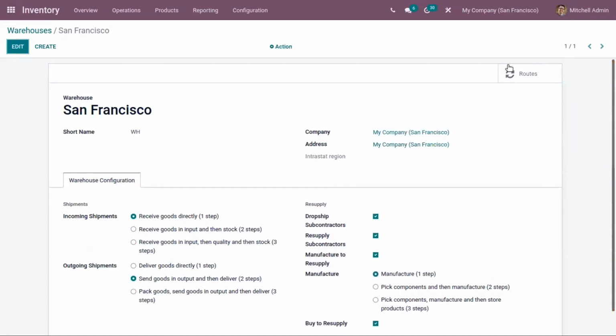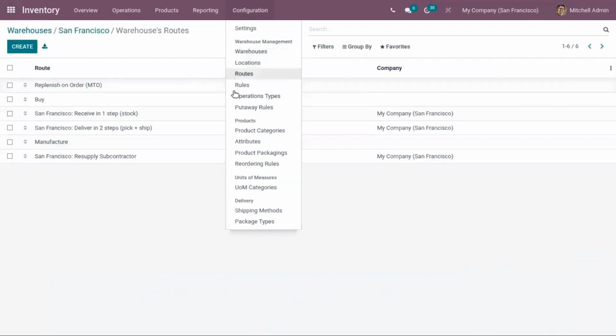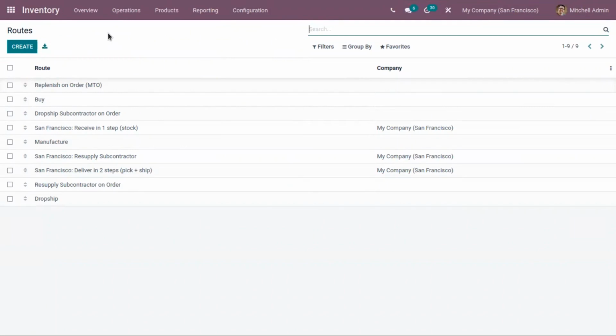When you click on routes, you can find the routes configured for our warehouse. You can also view this under this configuration. From here, we can view the pre-configured routes in your system, like buy, dropship, manufacture, reception, and delivery.